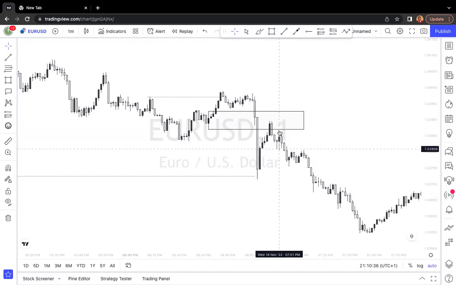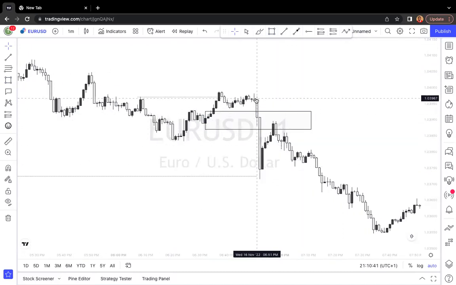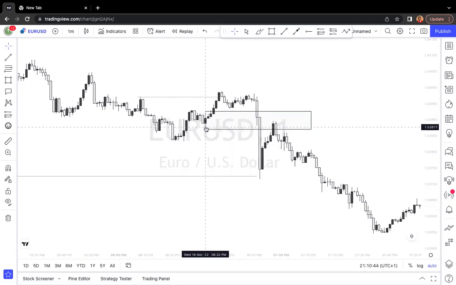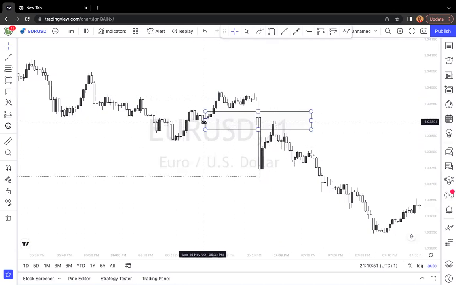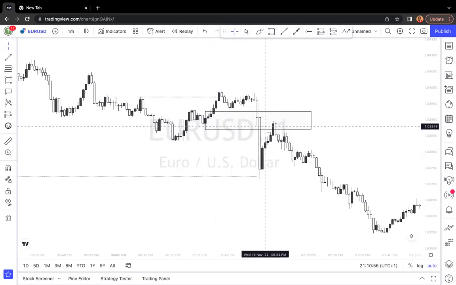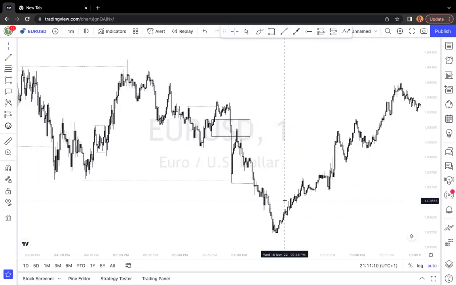So price came back to tap into this breaker block. The idea is that we have escaped this area aggressively. It means that this buy move that we used to clear this high would be in a loss. So they have to come back to this point to mitigate this buy move, and close it on some kind of partial before continuing with the initial trend that has the momentum. So we have come back to tap into that as internal liquidity and then continue to take the low as external. And so on and so forth.